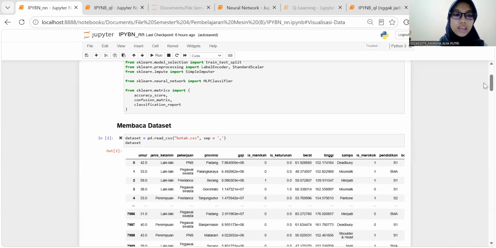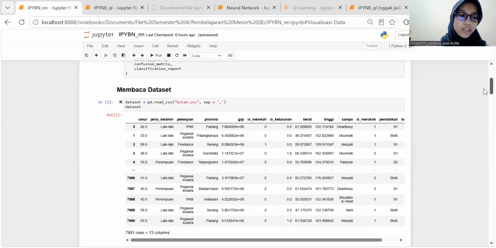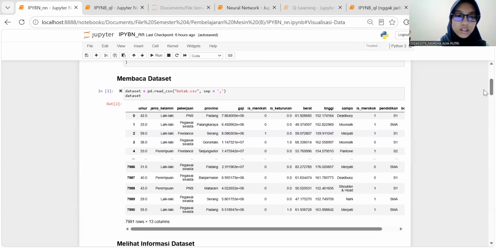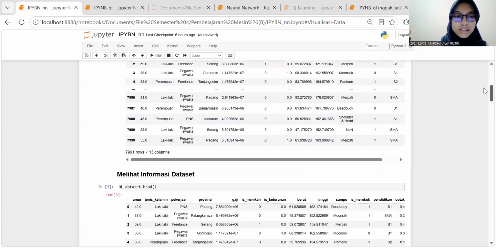And here we read the dataset using pd.read_csv, and we show the dataset like this.